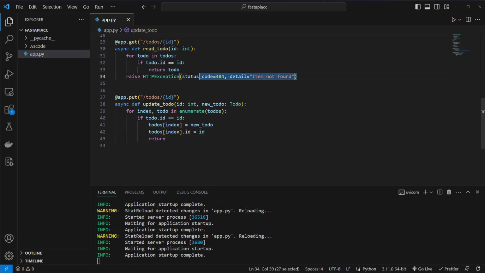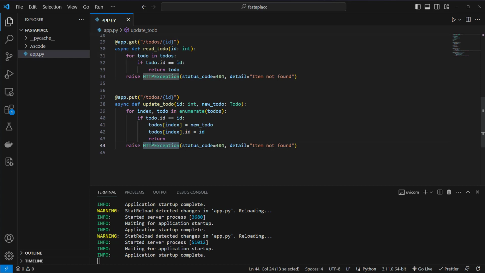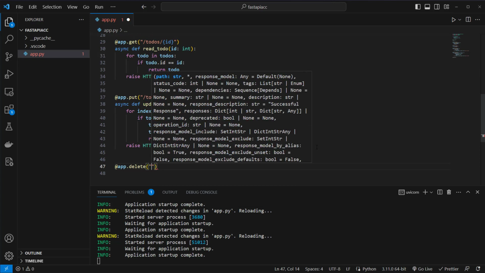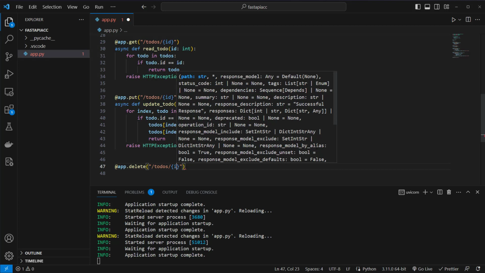If we don't find a to-do here, we're gonna do the exact same thing again and just raise an HTTP exception with a status code of 404, detail item not found. Okay, now we're gonna make a delete request, app.delete. And it works again the exact same way. We use a dynamic path parameter here